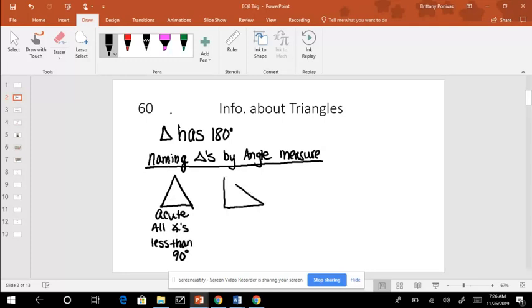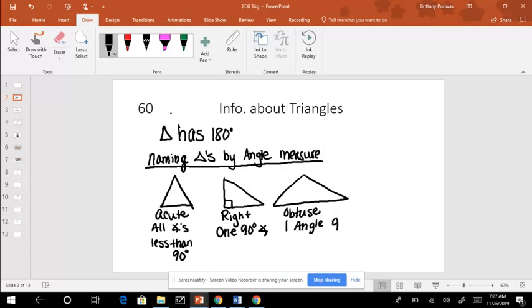There's a right triangle, which means there is one 90-degree angle. And then the next one is an obtuse triangle. And that's when there is one angle greater than 90 degrees. Those are pretty basic. Then we're going to have